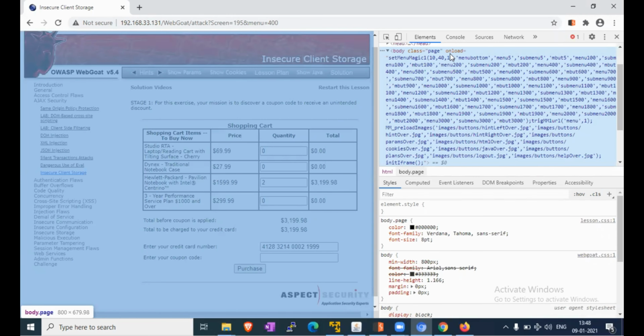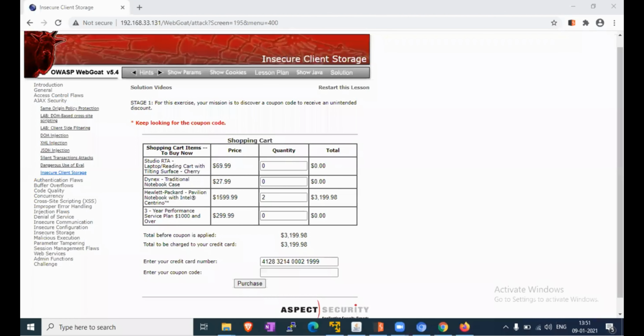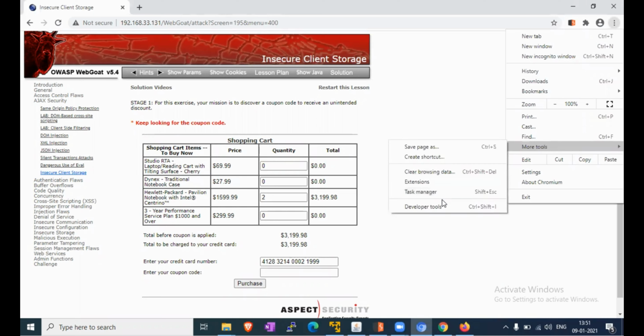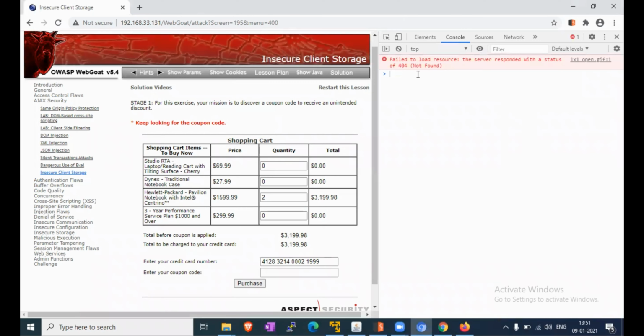Now we are checking the console. Previously, due to a network issue, I lost the session, so I reinitiated and started the developer tool.